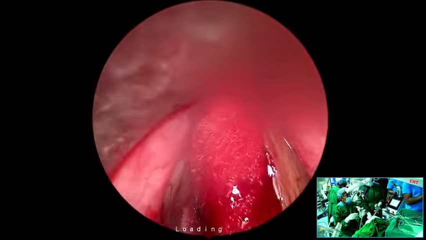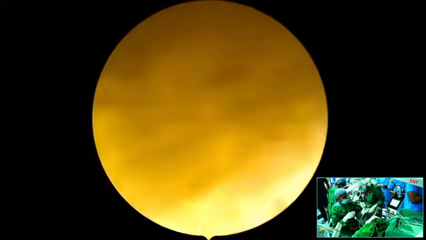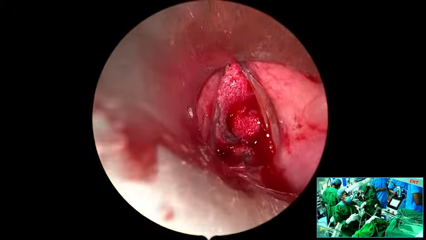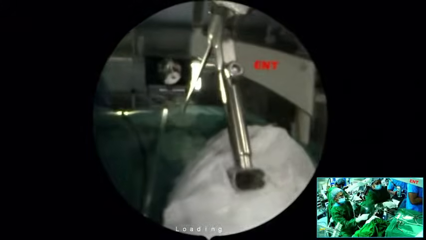So now we can have a closer view of the. So I have shifted from the microscopic picture to